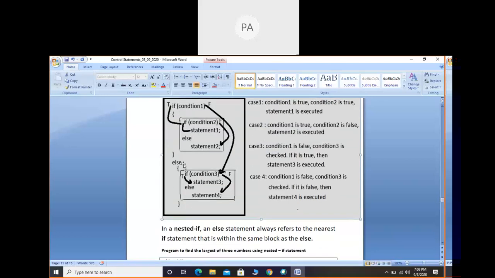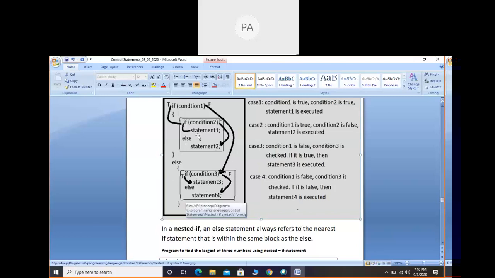Here we have three if conditions and three else statements. If you observe, if condition 1, if condition 2, and an else is there with a statement. Inside if condition 1, one set is there, if condition and else. And again for condition 1 there is one more else, after that one more if else set is there. So three if conditions and three else parts are there. Now, look at the sentence: an else statement always refers to the nearest if.